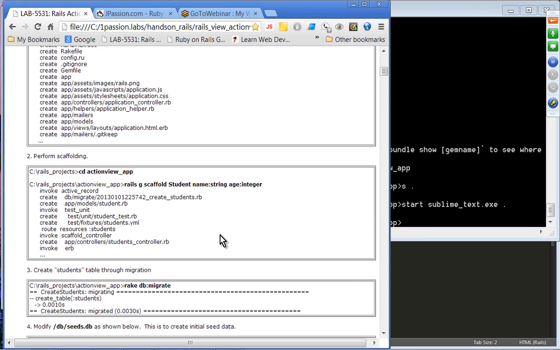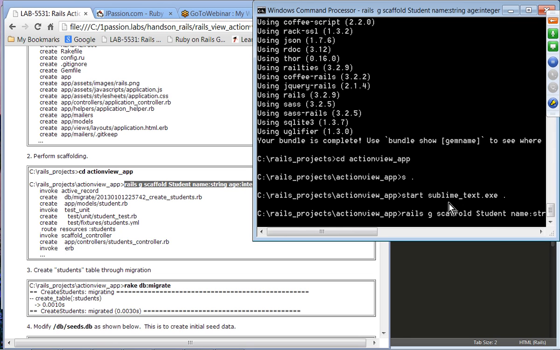And now we're going to perform some scaffolding. We're going to create some code using scaffolding. We are going to create a scaffold on the Student model class. I'm going to just copy this code. The student model has a name attribute and an age attribute. And then we're going to perform migration to create